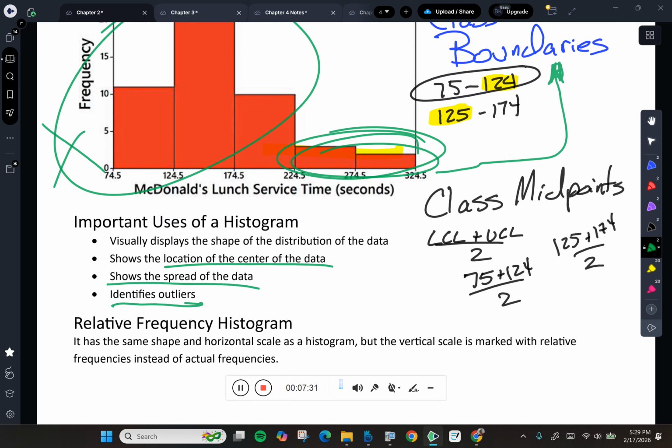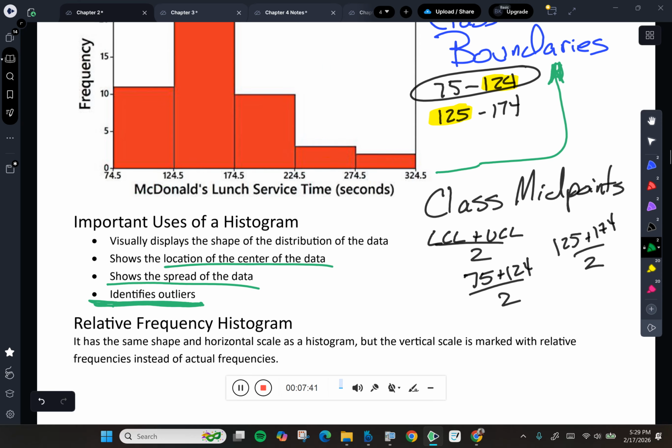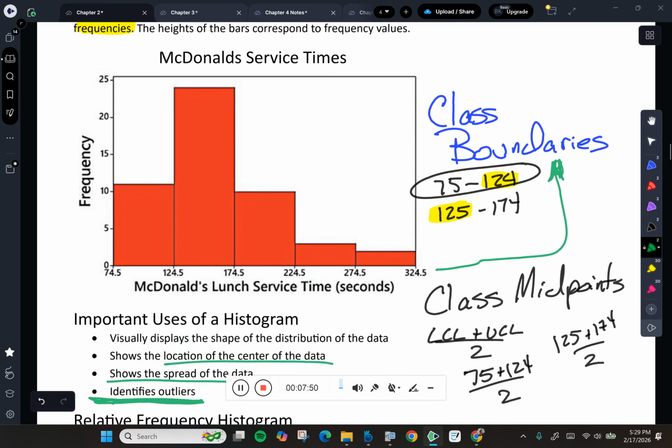It can also help us identify outliers. It can also help us identify when data is an outlier, either too small or too big, and it shouldn't be there. Okay? Now, a relative frequency distribution or a relative frequency histogram just says, well, how about instead of